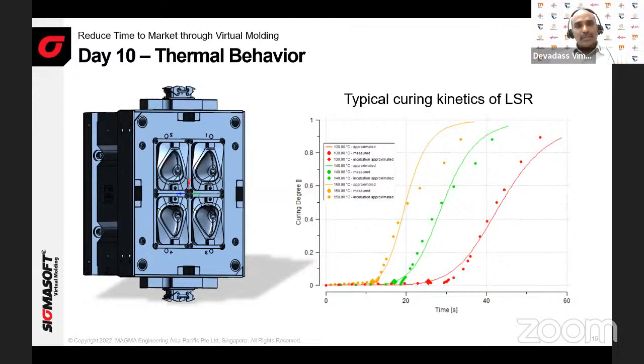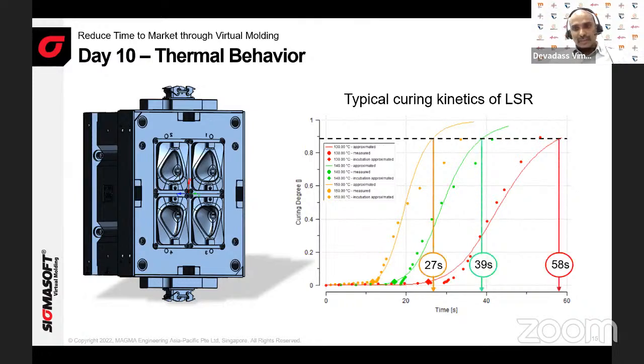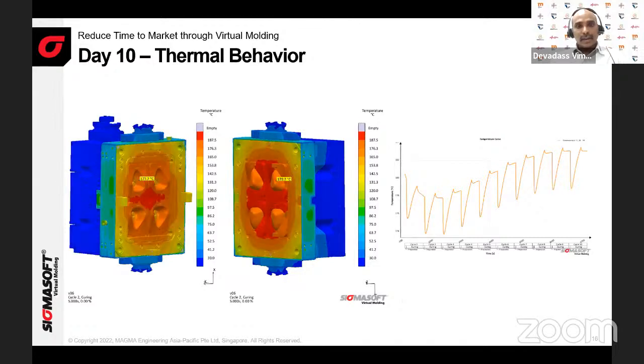A few degrees of difference in temperature will lead to huge differences in cycle time. So we have to be very careful in selecting the correct location of the thermocouples or heaters. That's why we include the entire mold together with all the process parameters to understand the heating